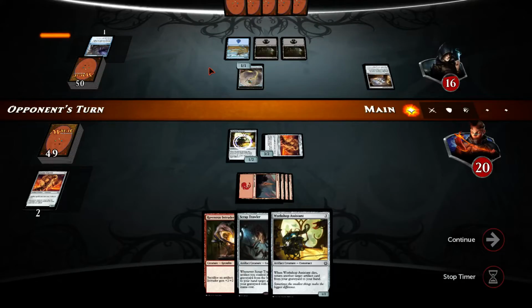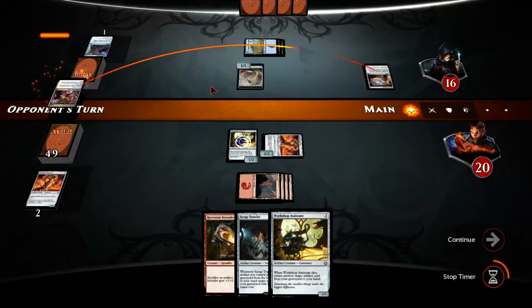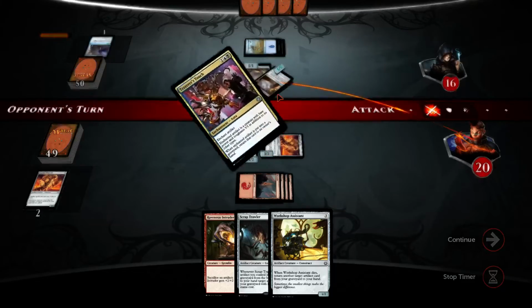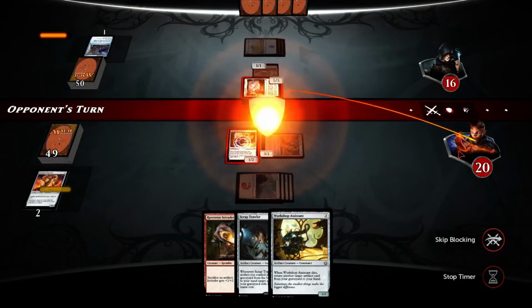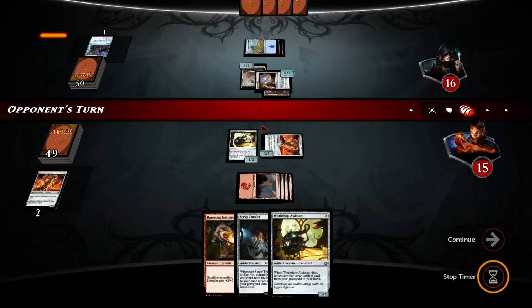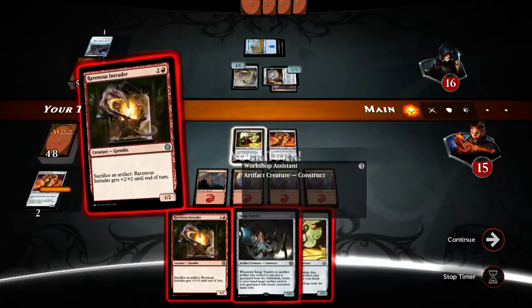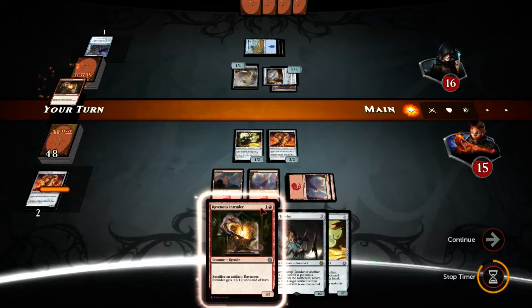And the opponent probably has Tesser's Touch. Whoa. Whoa. That's a cool use of this Tesser's Touch. 5. I think we are going to be taking that damage because these guys are pretty useful for us. But maybe next time we send this into block mode. So let's go, you